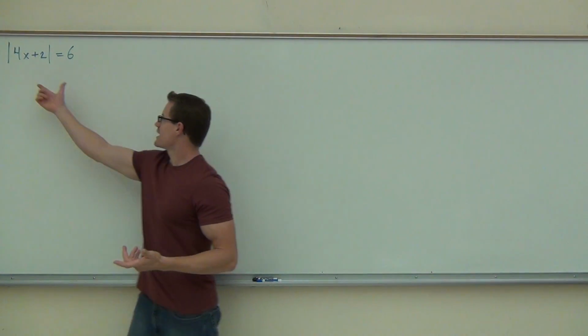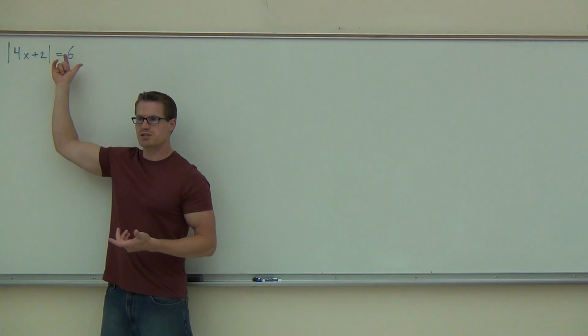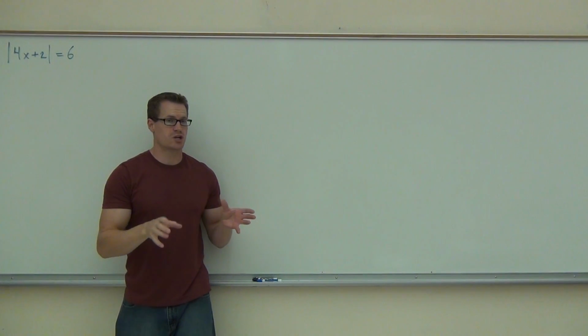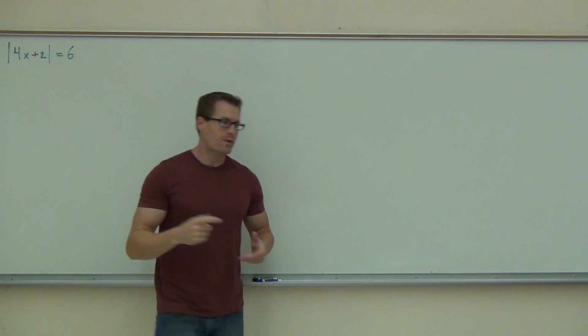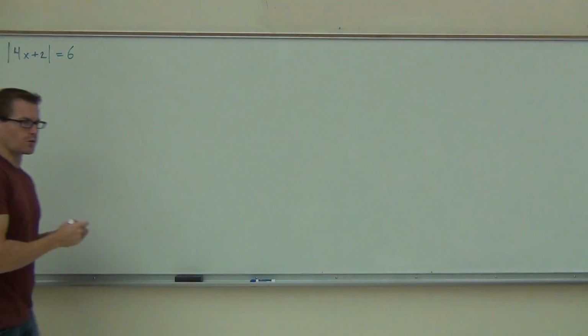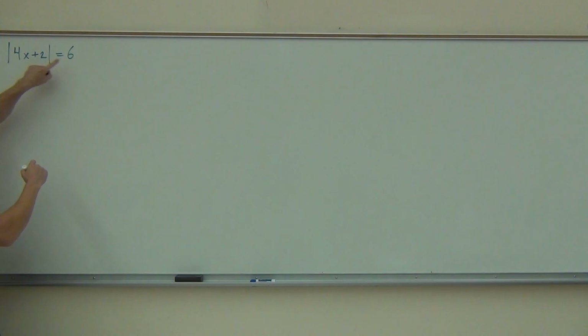It said if the inside of this equation is equal to the number itself, the absolute value is not going to change it. It's going to remain that same exact positive number. That would be great. That right there yields the first equation for us. It says if this inside part equals this number,